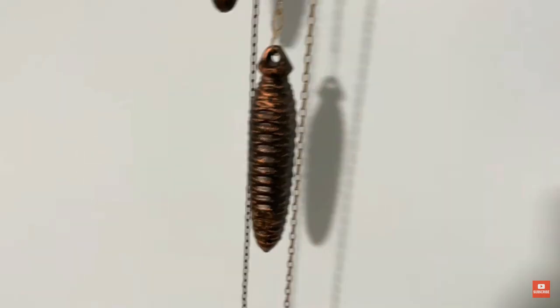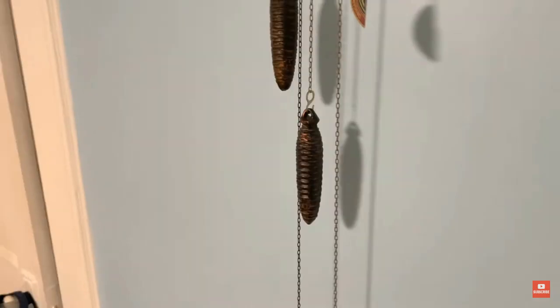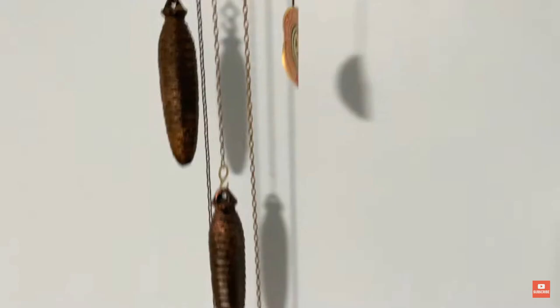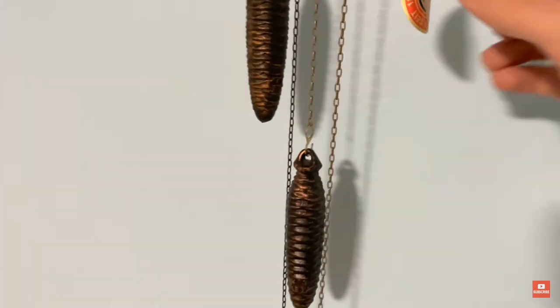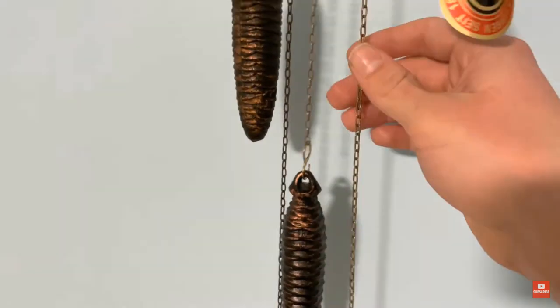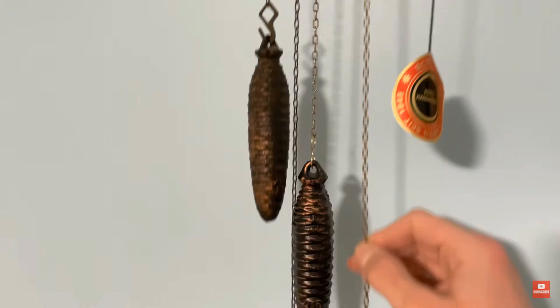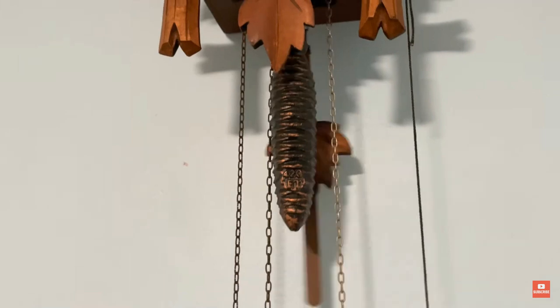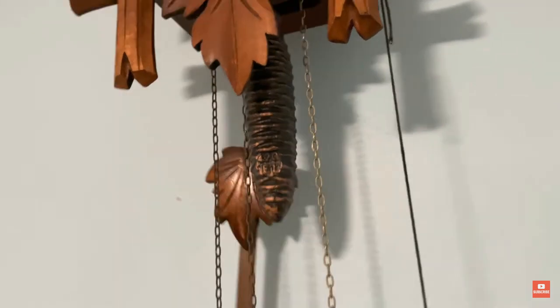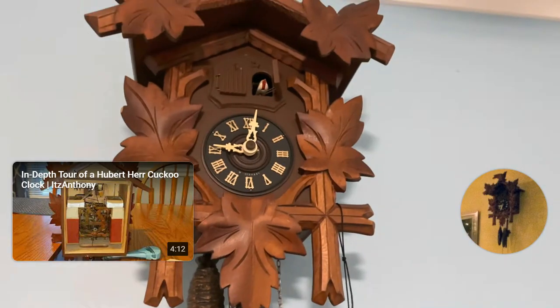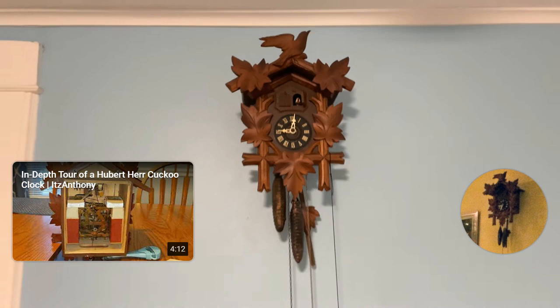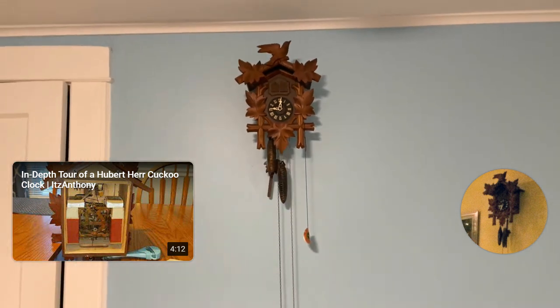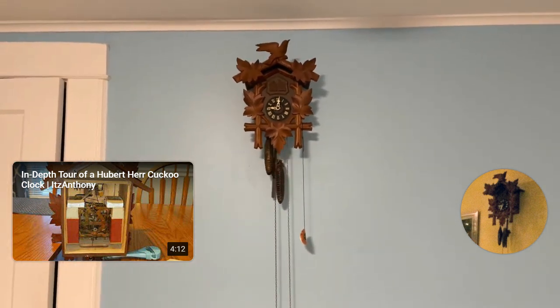When the weights get to the bottom, when they get down to the ground, you wind the clock by moving the weights back up to the top, and then you let them go again, and they start the whole system over again. So the weights moving down create the energy inside the system to power the clock. As you do work and move the weights to the top of the clock, that creates the energy to make the clock function.